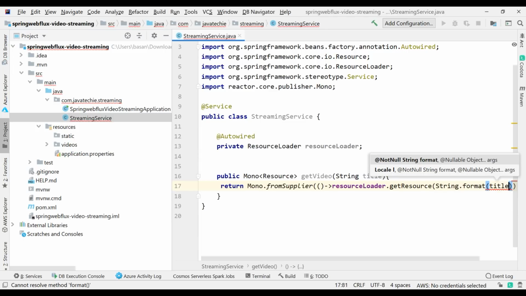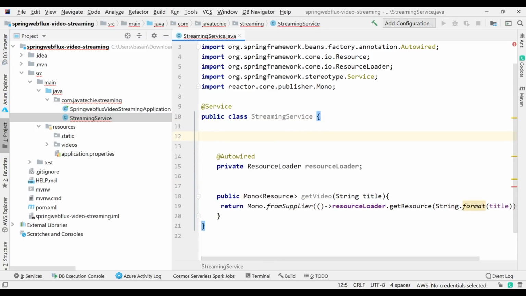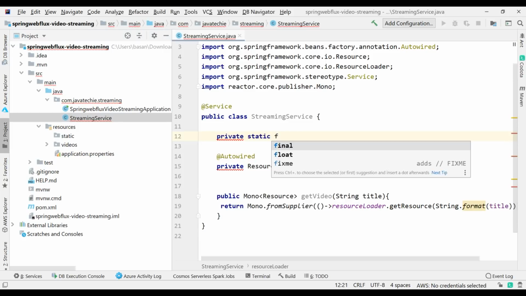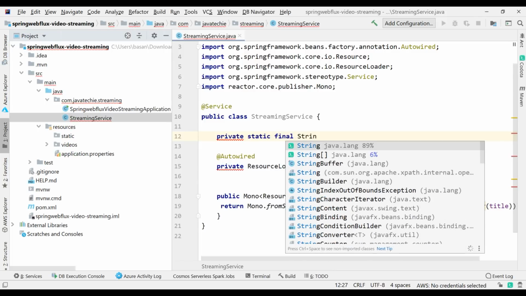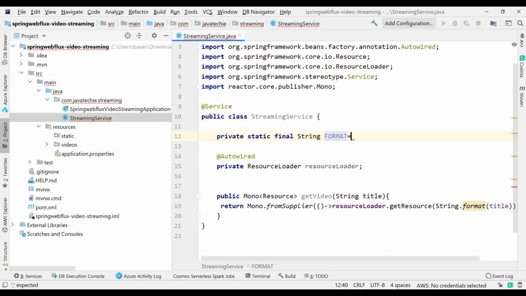So I'll define a variable, private static final String, and I'll call it FORMAT. It should get from the classpath, and the folder called videos, and the format is .mp4. Then add the semicolon and give this format here.